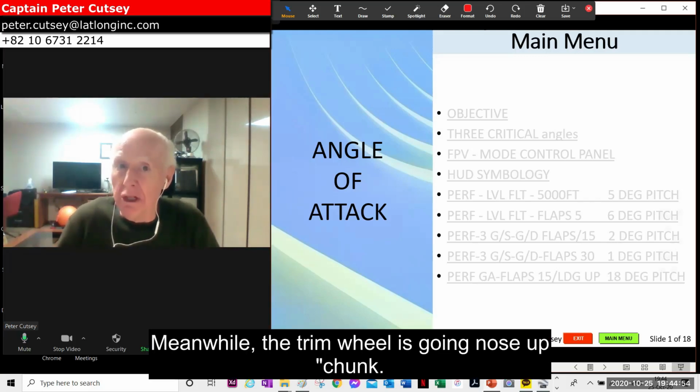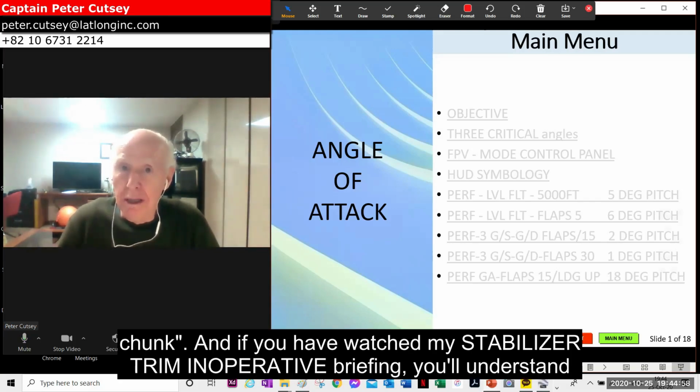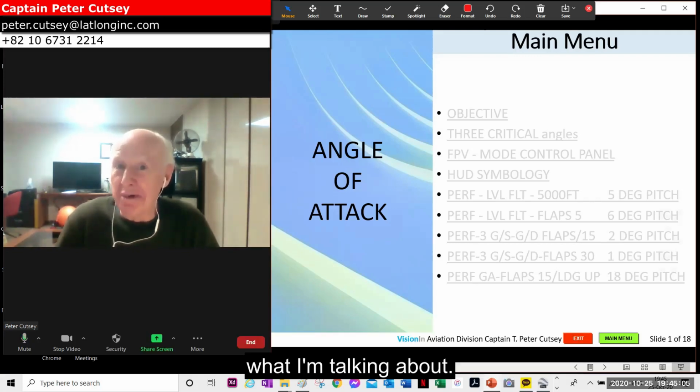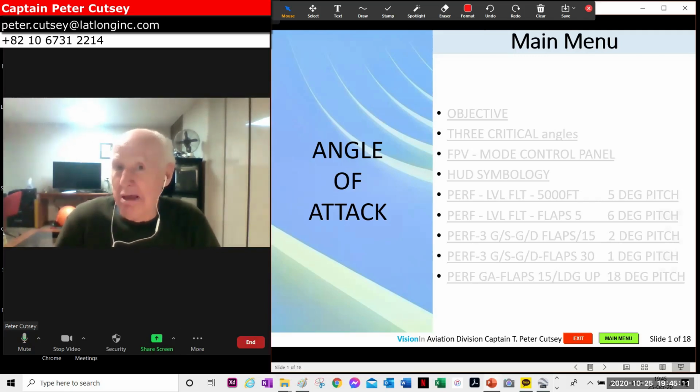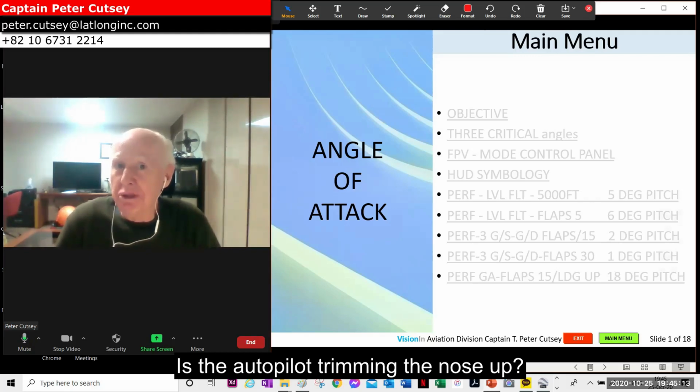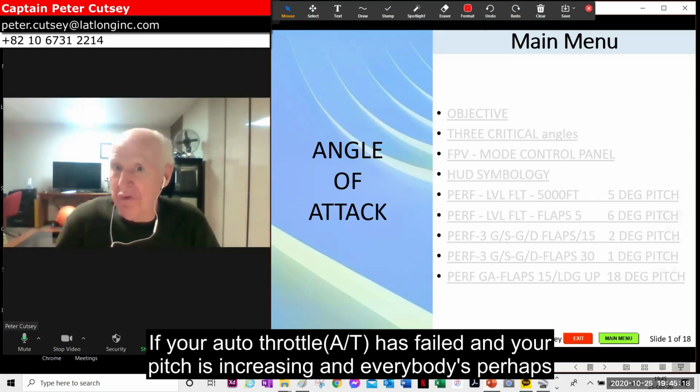Meanwhile, the trim wheel is going nose up, chunk, chunk. And if you haven't watched my stabilizer, trim, and operative briefing, you'll understand what I'm talking about. It's so important that you know your airplane. Why is the autopilot trimming the nose up? It's because the airspeed is decreasing if your autothrottle has failed, and your pitch is increasing, and everybody's perhaps tired